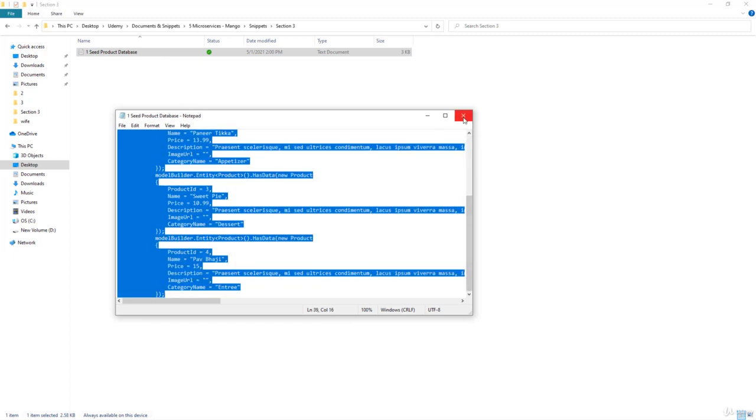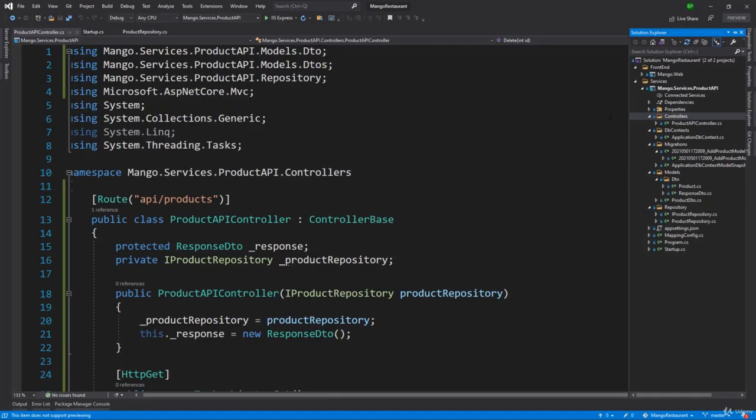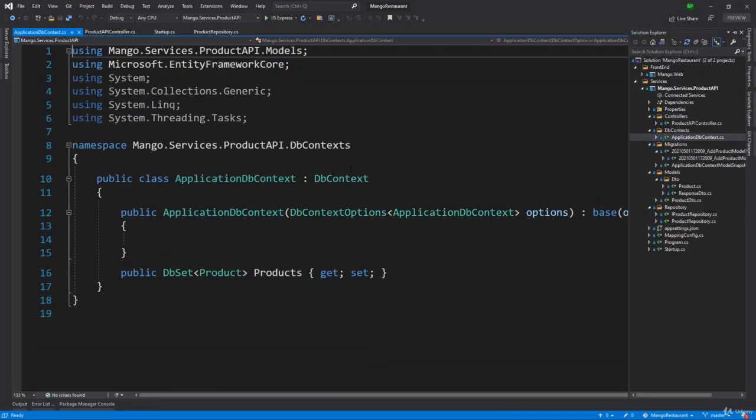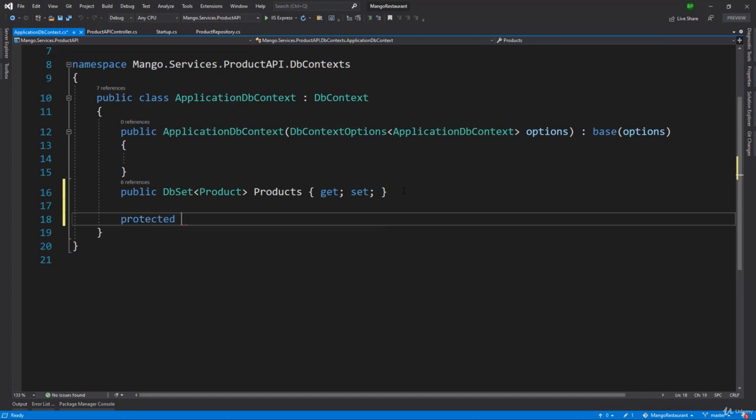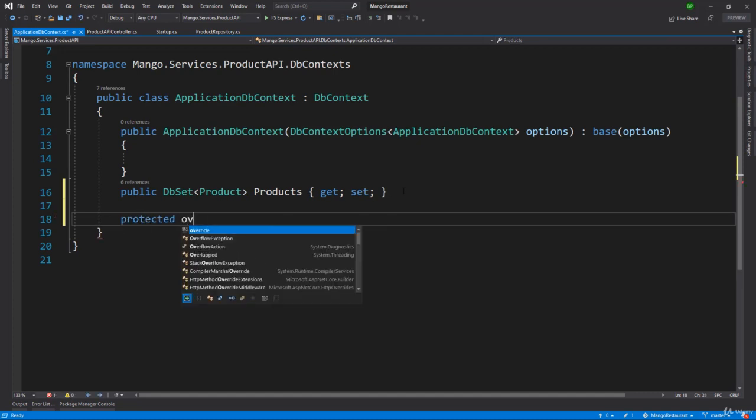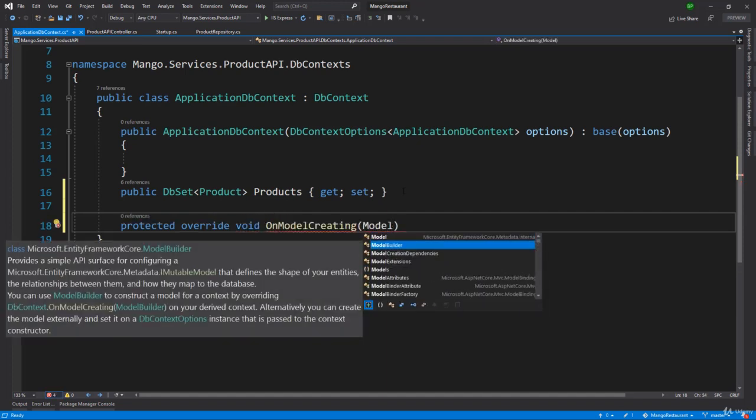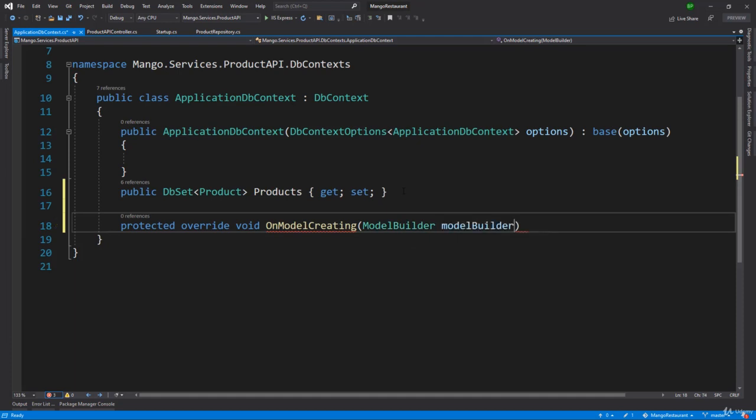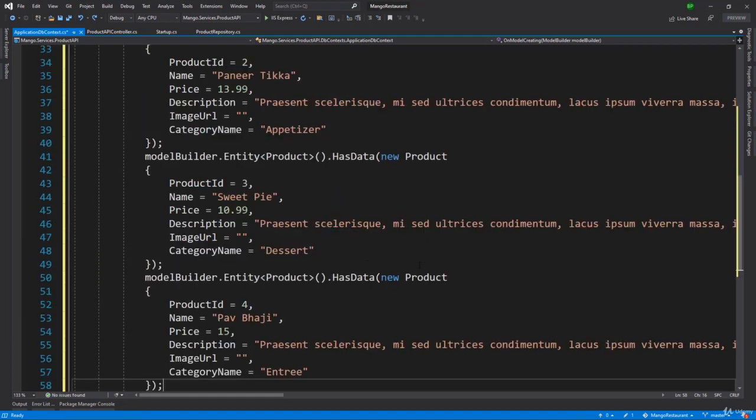We will copy everything that you see here, close this, let me go back, and we will be modifying our application DB context to seed the database. In order to seed the database, we will do that by overriding the protected override void OnModelCreating. Here it will expect a parameter of ModelBuilder, and then whatever we copied from the snippet, we will paste